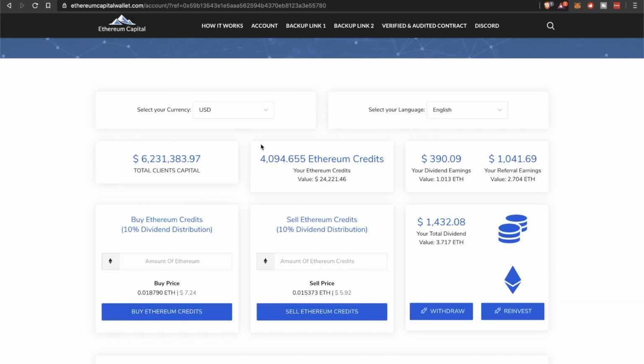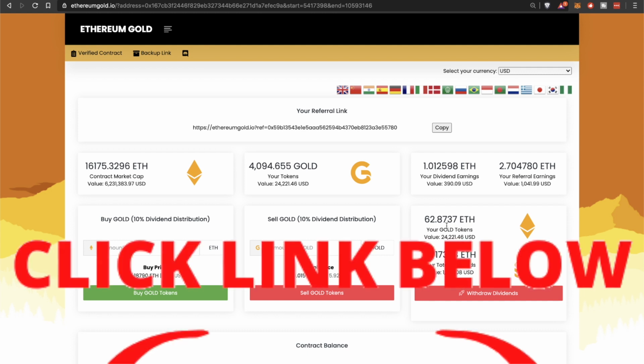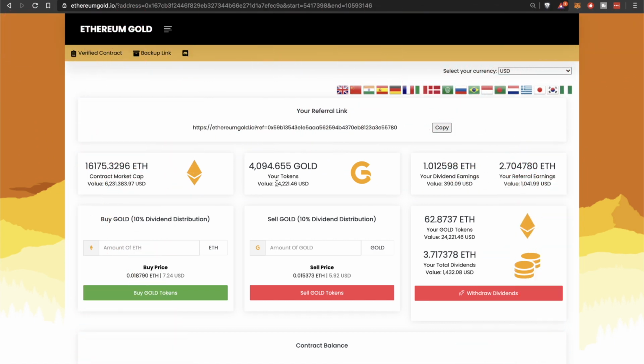Now, of course, we know we have Ethereum Capital, which is also the same exact smart contract. Okay, this is no different. All this is just a different UI, user interface, right? Some prefer this, some prefer this. Now, this has a focus on different things. For example, the amount of dollars that you own in dividends, and of course credits and how many credits, etc. Whereas this is more based on ETH. Now, you can choose which one you like. I've got links to both down below. Again, remember, whatever numbers you have in either one, they will be the same, okay?